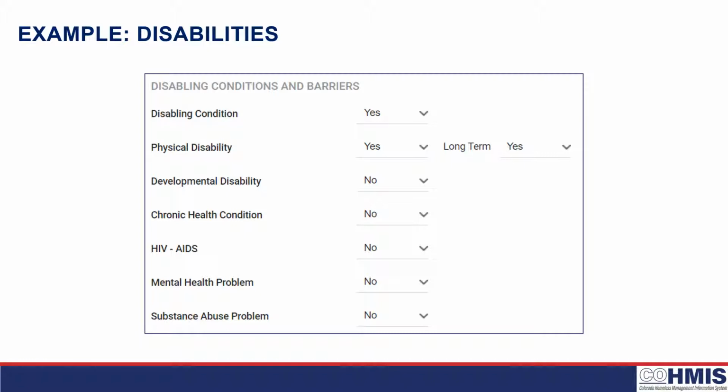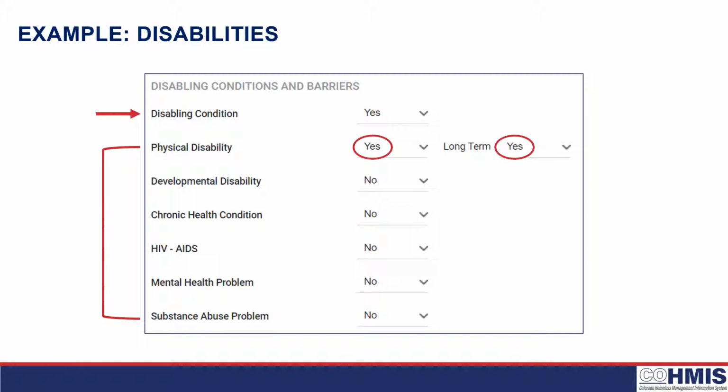All right, so let's go over disabilities a little bit more, as this is one of our biggest data quality issues that we see. So as you remember from the previous video, we are instructed to collect information for every client about whether or not they have a disabling condition. So that's a universal data element collected for all clients in all projects. Your program might also collect these program-specific data elements, and if they do, we need to indicate, does the client have the disability? If so, we select yes, and then is it going to be long-term or indefinite and impair their ability to live independently? If that's also yes,